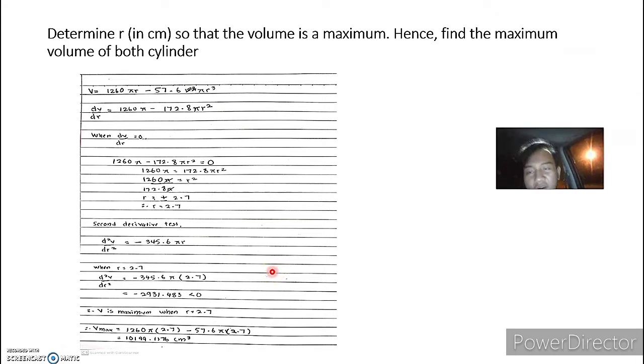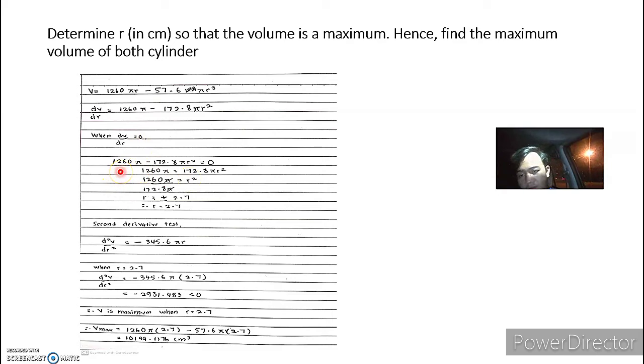Okay, maybe this is the last one. Determine r in cm so that the volume is a maximum. Hence, find the maximum volume of both cylinders. The volume is 1260 pi r minus 57.6 pi r cube. So we must find the rate of change with respect to the radius using the first derivative, which is dV/dr equals 1260 pi minus 172.8 pi r square. When dV/dr equals 0,